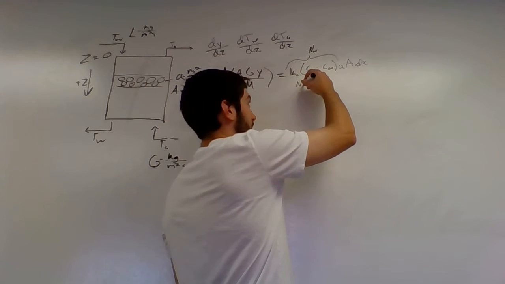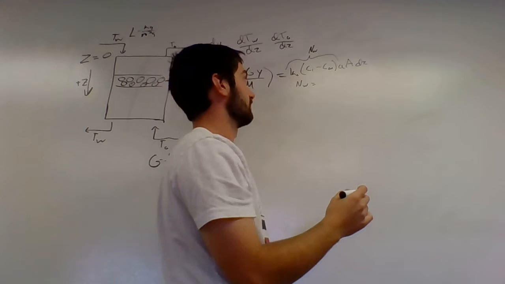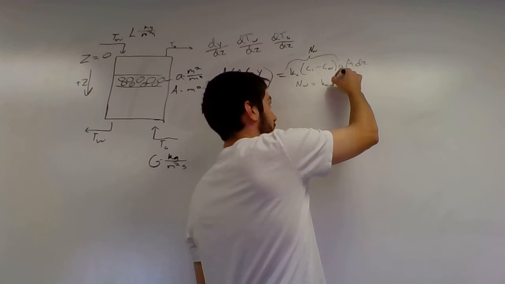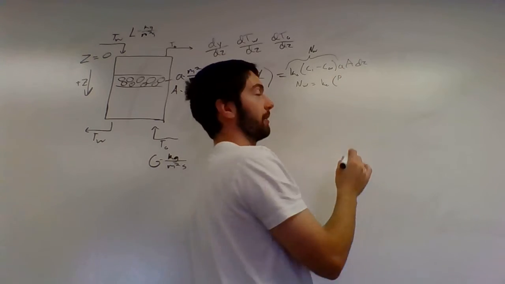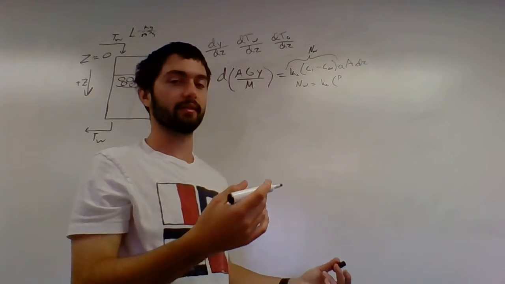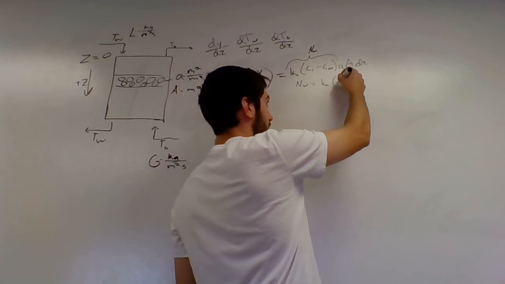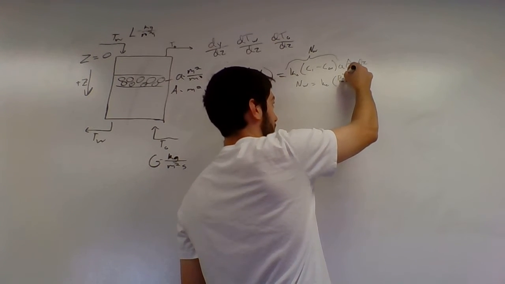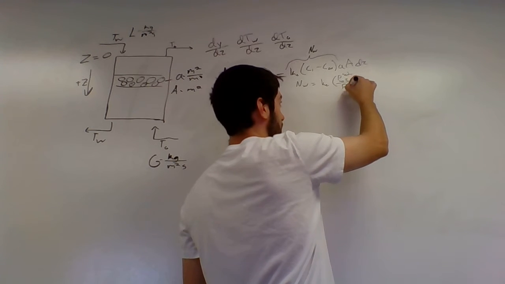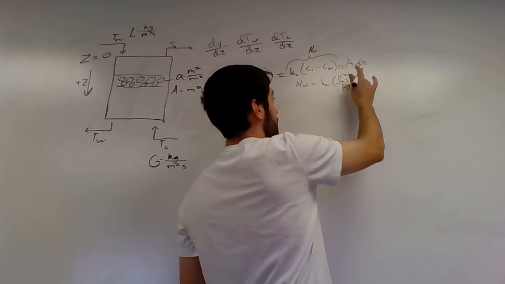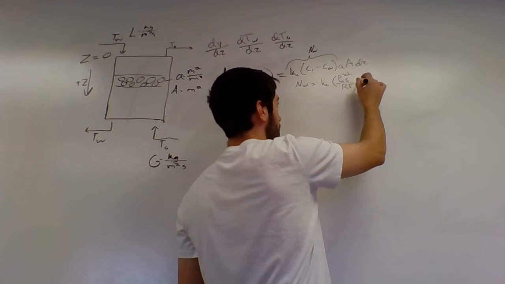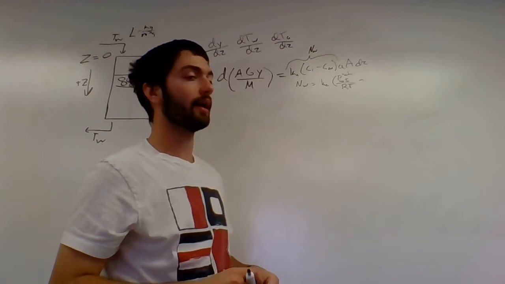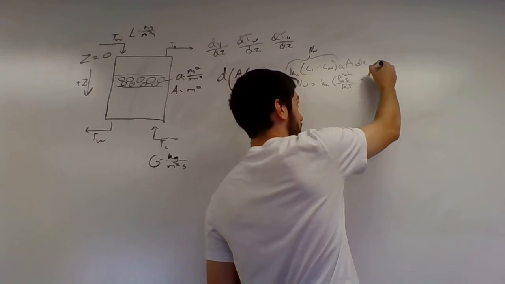So, down here, we are going to define that as the partial pressure, and the partial pressure at the interface is just the saturation pressure of water at that temperature. So, water at temperature Tw, saturation pressure over RT, and then the concentration of water in the air is going to be the total pressure